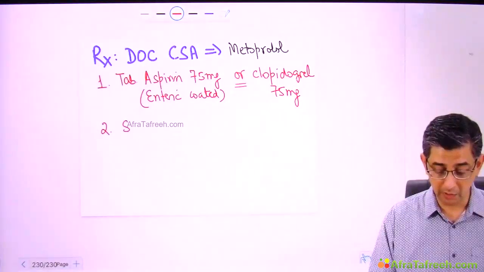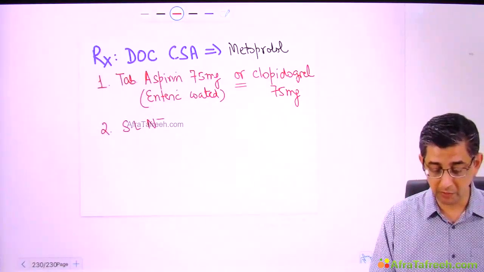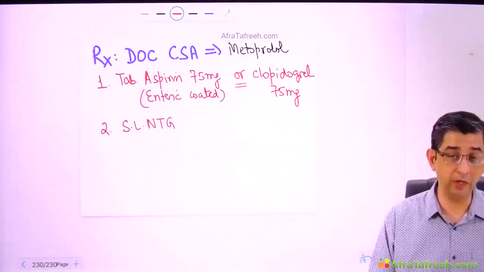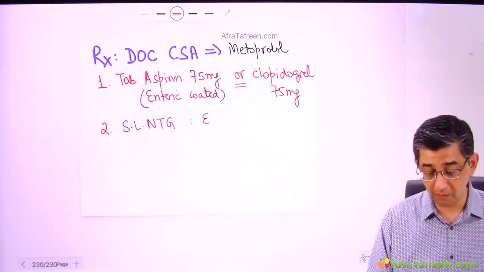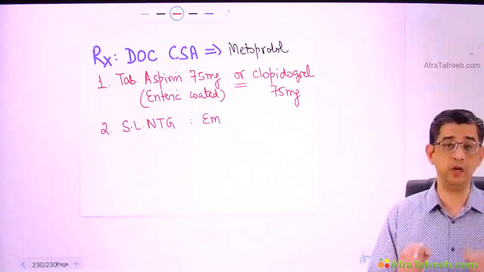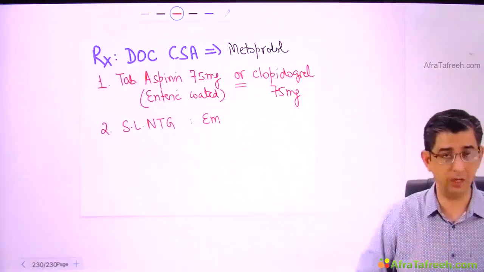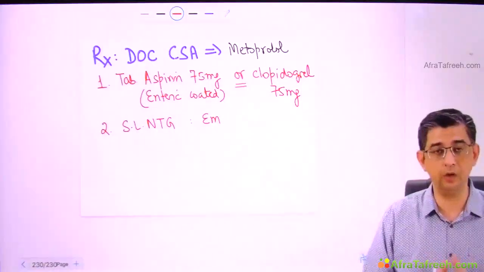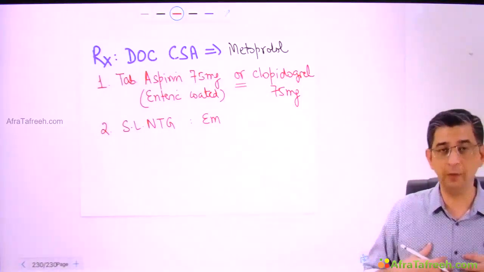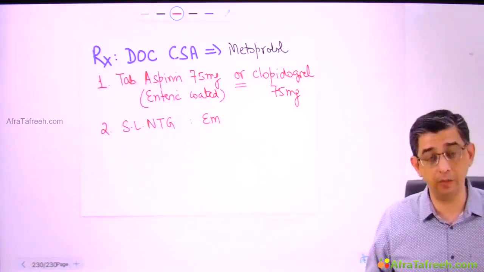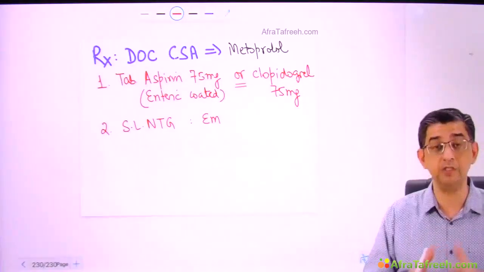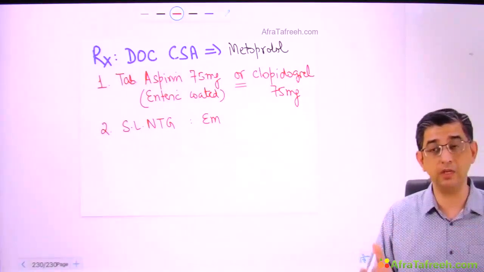And I will also tell this person to always keep with himself the short acting form of nitrate, that is sublingual nitroglycerin. I'll tell him, sir, if you ever have an episode of chest pain, like he's driving the car fast, somebody overtook his car, and like in India, road rage is so common, no? Suddenly somebody will overtake your car the wrong way, you might get angry. You and me getting angry is different because we don't have problems with our coronary arteries, but a guy with a 70, 80, 90% blockage in the artery, if he starts getting angry, starts swearing, etc., picks up a fight with a random stranger,